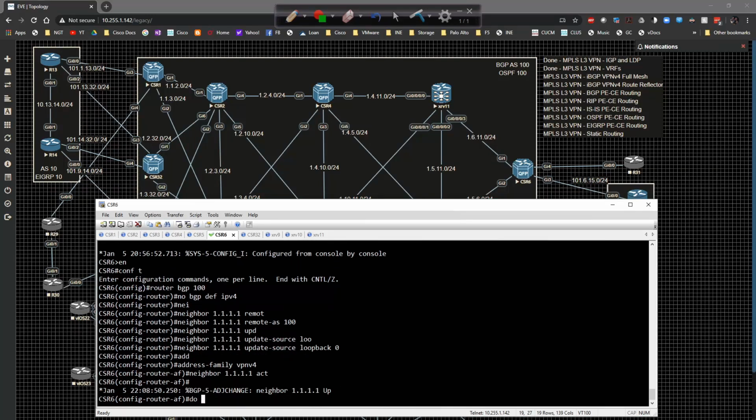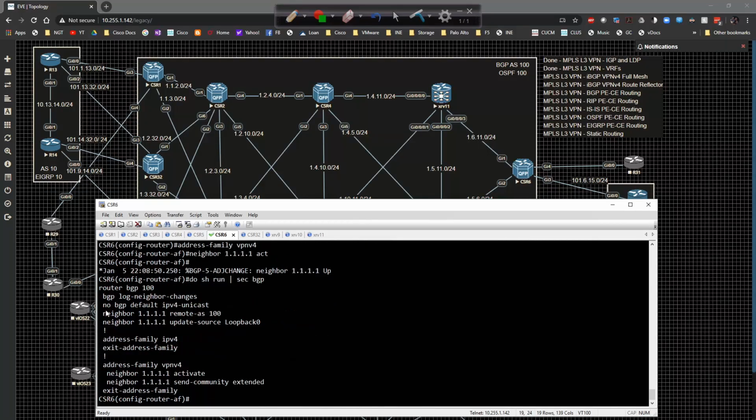So if I take a look at the config, you're going to see that I've turned BGP default IPv4 unicast off. I have a peering to 1.1.1.1, or CSR1, and I've sent the community extended. This is a command that's automatically added, and this is going to allow the exchange of VPNv4 route information between